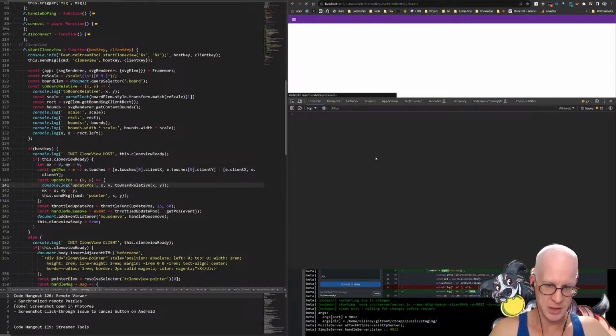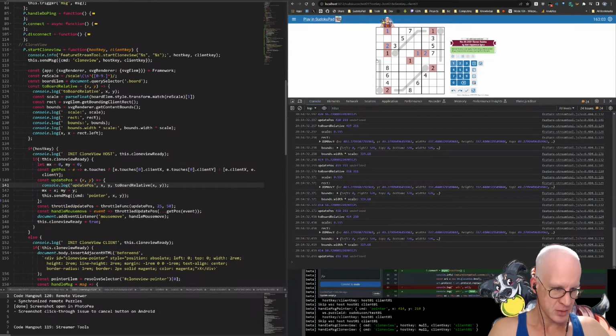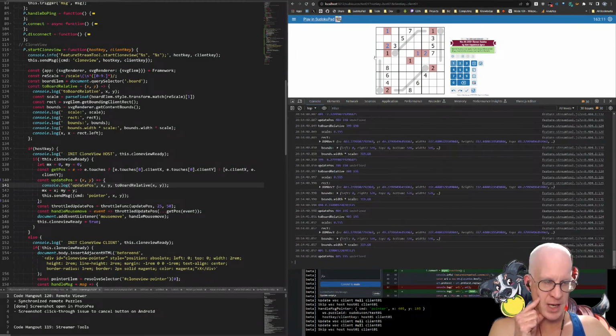Yes, okay. So 4, 4, 10. So that's 10.4. Okay, that makes sense because the actual 0 of the SVG is not on the black line. It's kind of around here somewhere. Okay, so then the question becomes, if we go over here,